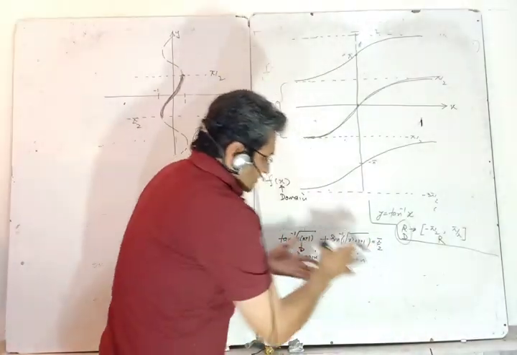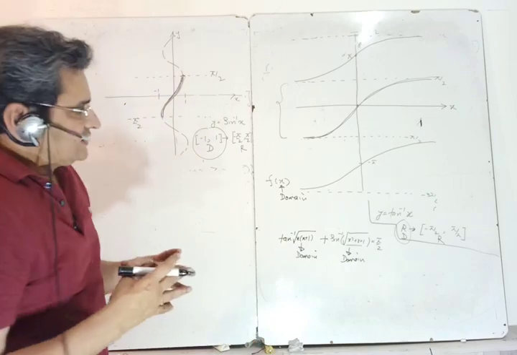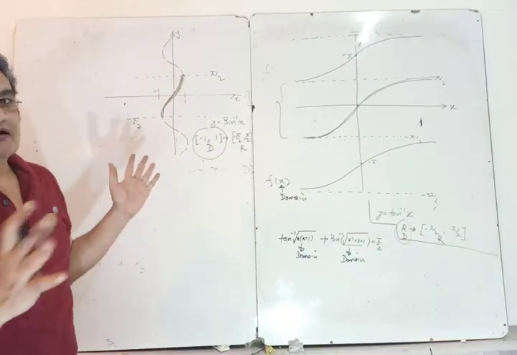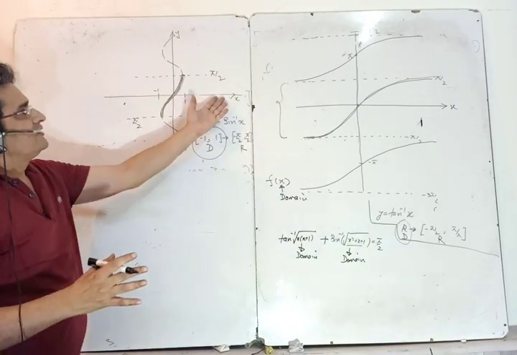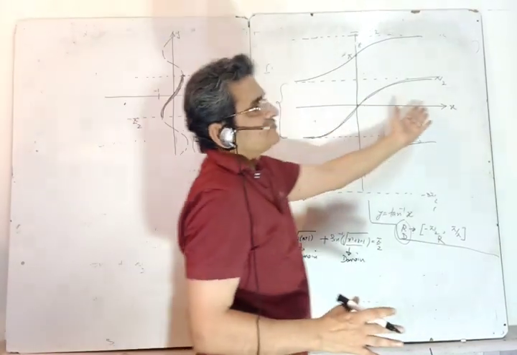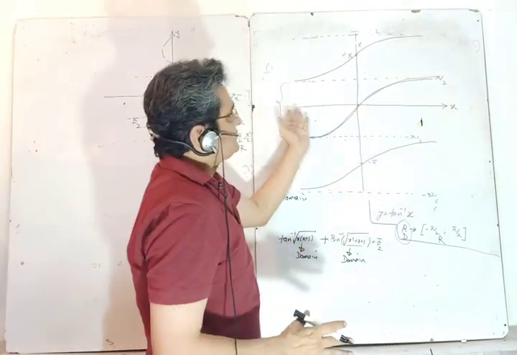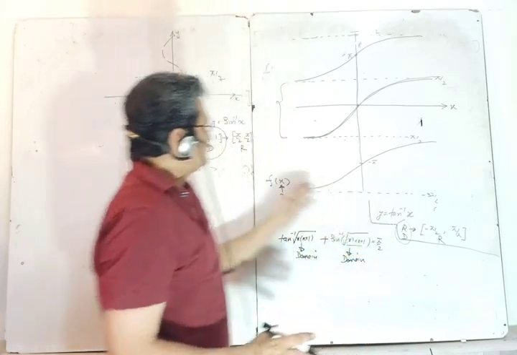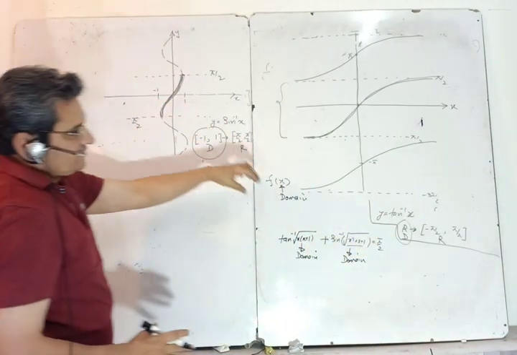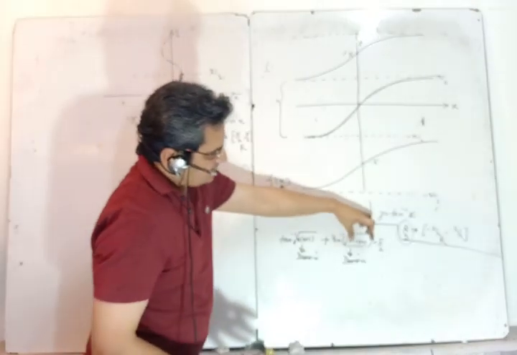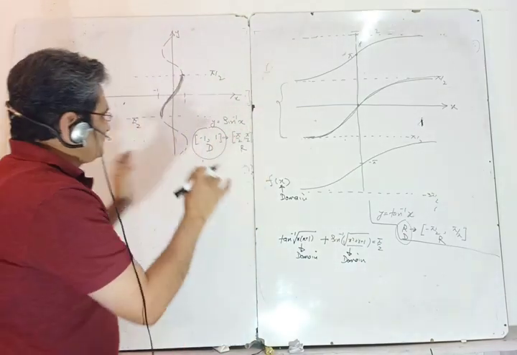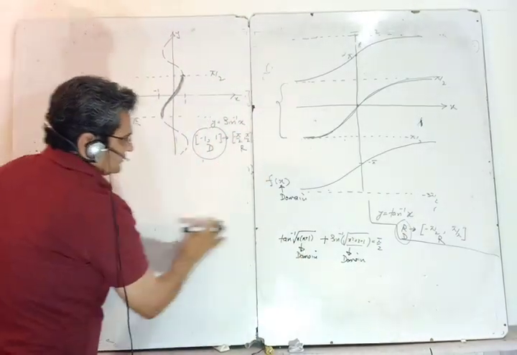Now before we go to domain, we should also be careful that we are right now dealing only with real numbers. The domain of tan inverse is plotted on a number line, and the domain of sine inverse is also plotted on a number line. The domain of tan inverse is much larger, it is all real numbers. The domain of sine inverse is confined to real numbers from minus 1 to 1. So naturally, in such problems, first see the square root, and see what is inside the square root.